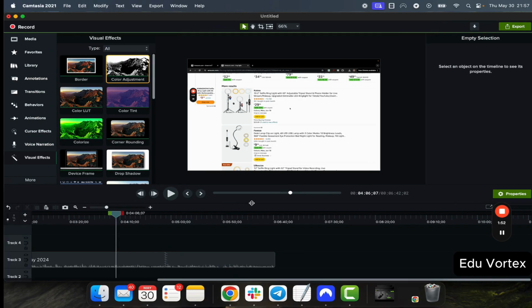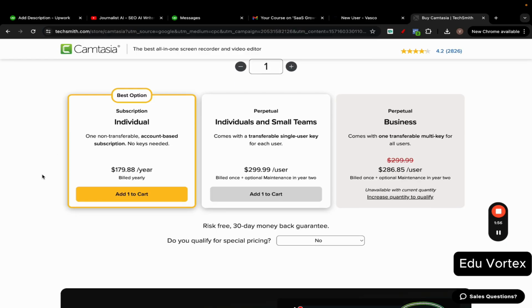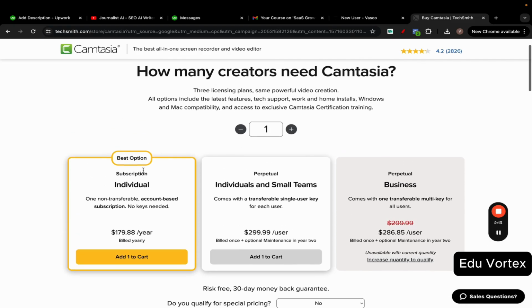So Camtasia, I just bought, I think, a yearly license. I mean, it's quite affordable, honestly, less than $200 a year, so it's really not that much. I'm not advocating for you to crack or free download the software. You can, honestly, if you do it, not my responsibility, but some people do it. And again, I'm not advocating for that, but it is what it is, okay?